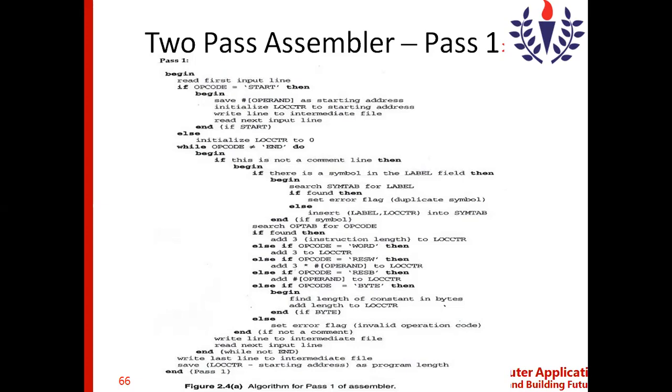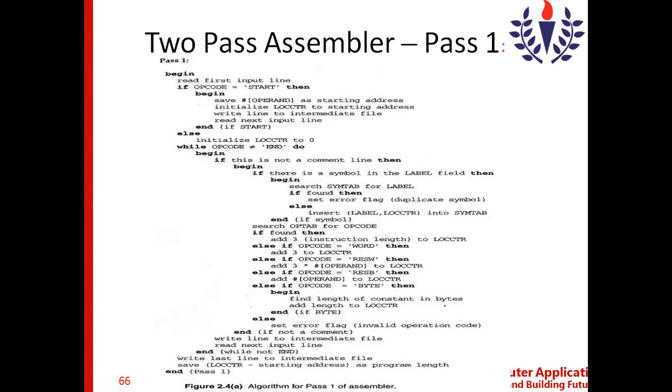If there is already an entry for the same label, there is no need of keeping one more entry. The duplication should be avoided, for which the assembler has to search the symbol table for the label.